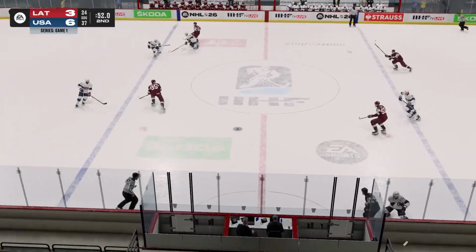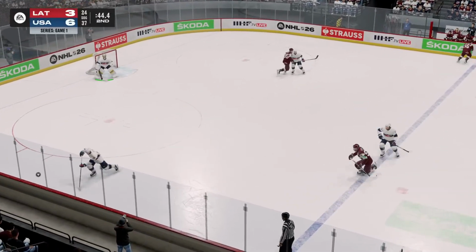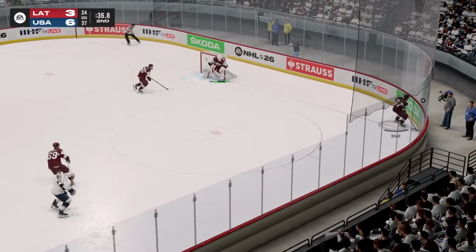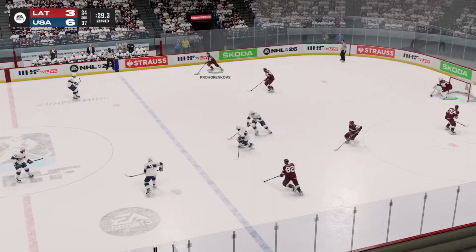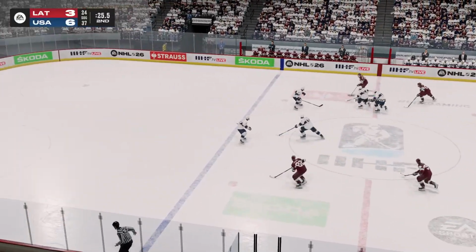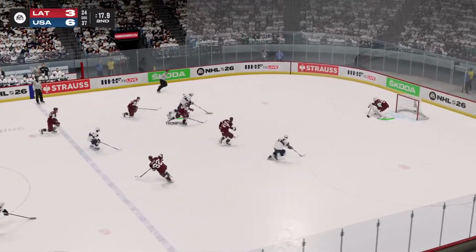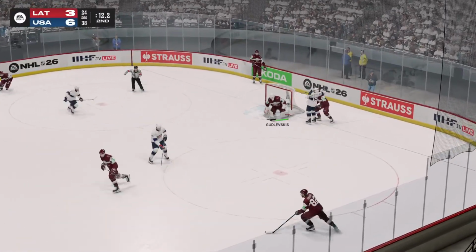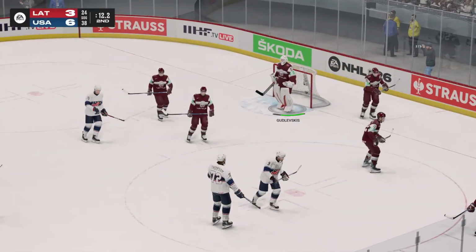Rubens, big hit, keeps it alive for Eagle. Fatna now for Latvia, cut off by Lacombe. Long stretch pass, bobbled and all the way through. 30 seconds to go in the period. Latvia looking for a strike here before the end. Thompson takes it away from behind. Paige Thompson, look out! Gauthier stopped by Gudlewskis. What a stop on Cutter Gauthier, who was cutting inside wide open. And with 12 seconds to go in the period, let's take a look at this stop.